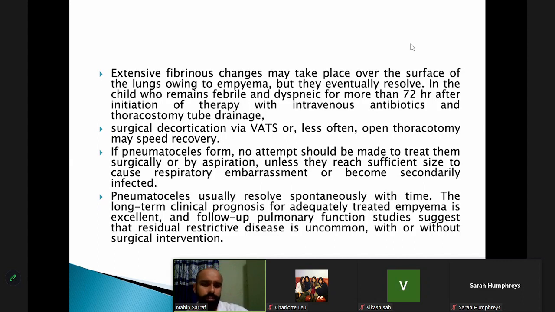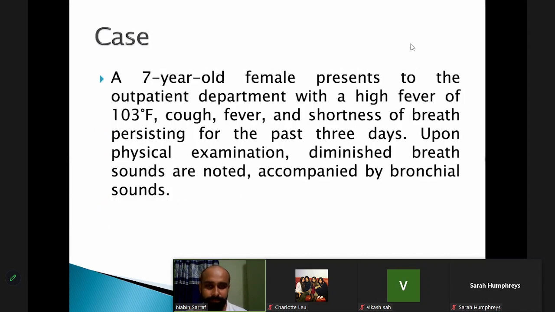Sometimes the pneumatoceles will resolve spontaneously with time, unless the pneumatocele embarrasses respiratory movement or becomes secondarily infected. The long-term clinical prognosis for adequately treated empyema is excellent, and follow-up pulmonary function studies suggest that residual restrictive disease is uncommon with or without surgical intervention. Now here again, talking about the case,